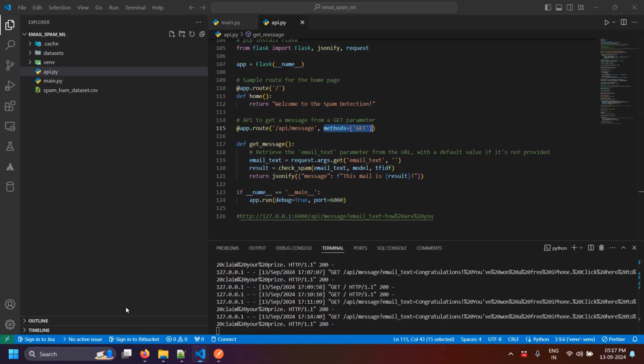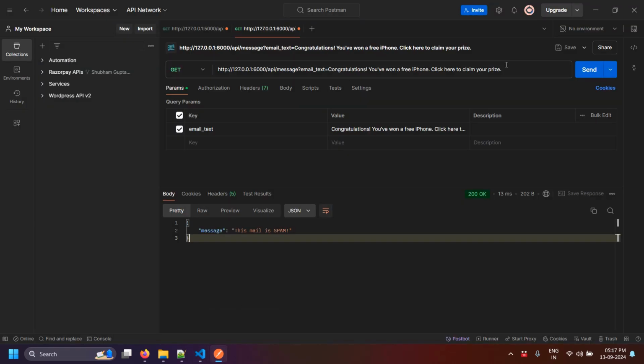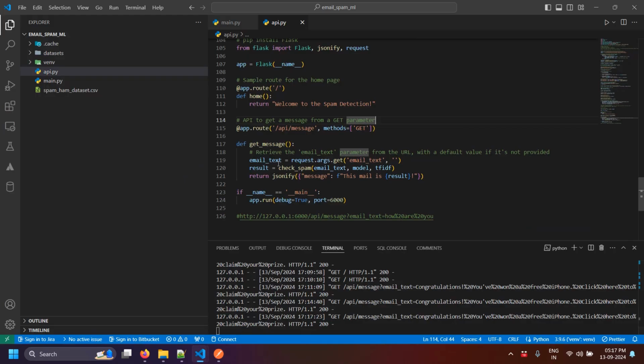I used a REST API created using Flask. Very easy. This is the main route. This is the get API, and when you hit this API, you will get a response like this. I will use this response and show you how to integrate it. So the next thing is